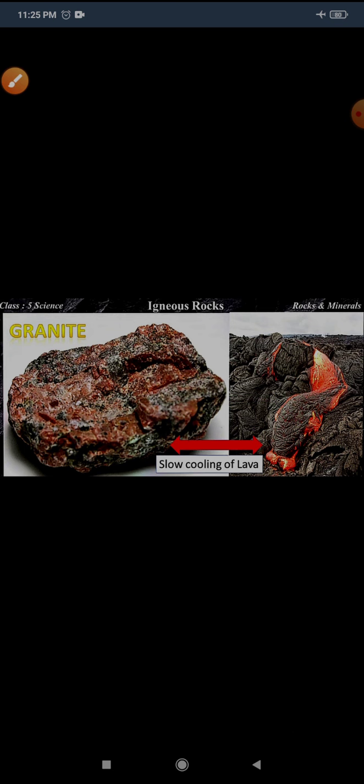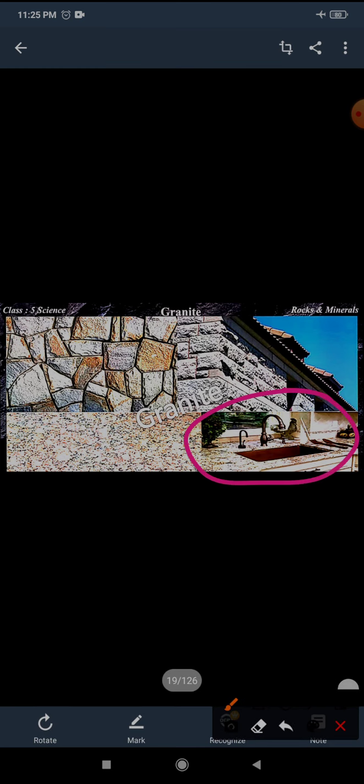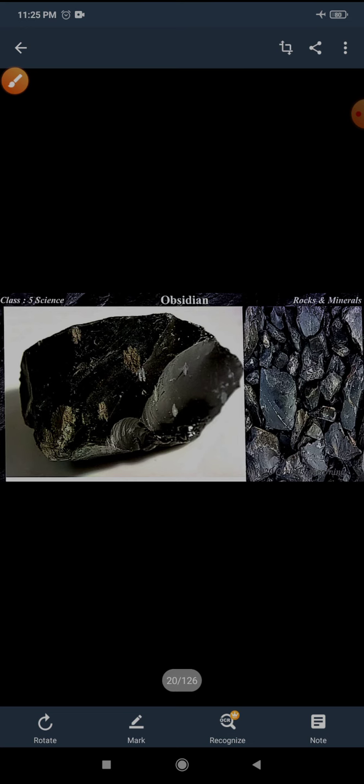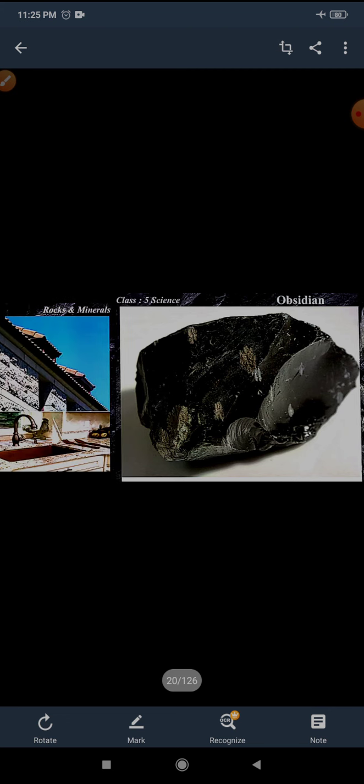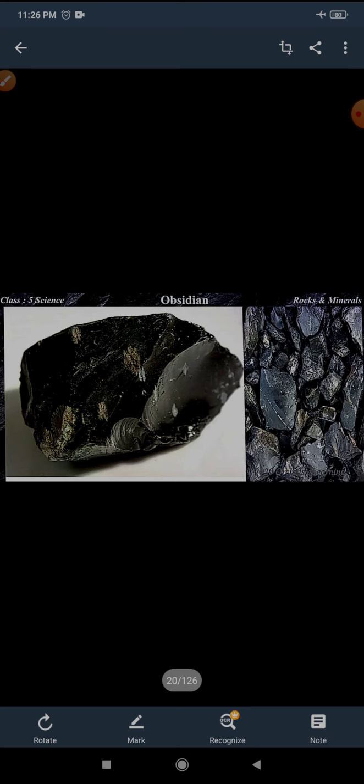And what is its use? It is used extensively as a building material. And here you can see the kitchen also, as polished granite on kitchen counters and floors. Granite comes in many colors and patterns. Here you can see granite. Just know granite comes in many colors and patterns. Here you can see a color and pattern of the granite.